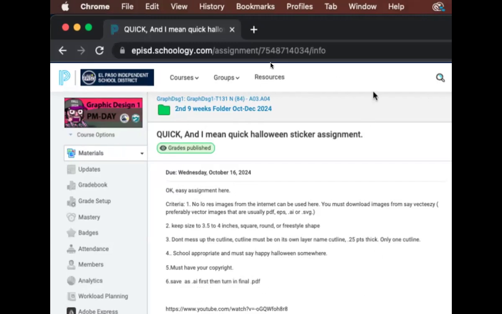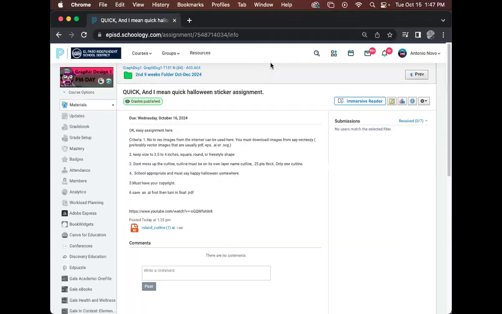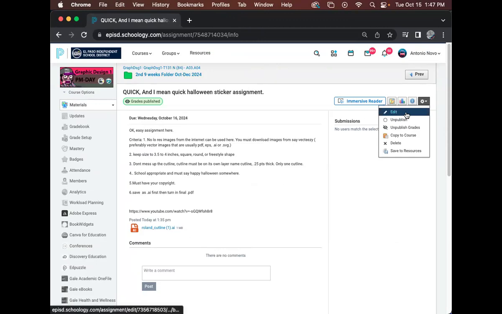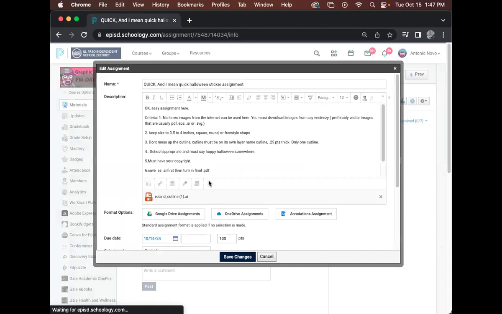Oh, and I forgot to put on here, some people still have the settings for the card. Remember how it said printer's marks and all that stuff? Make sure you turn those off, because some people are turning stuff in and those are still on. Let me put that here. Make sure